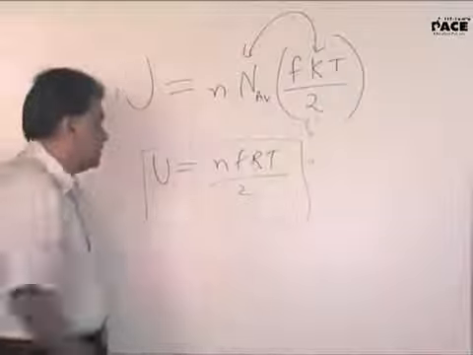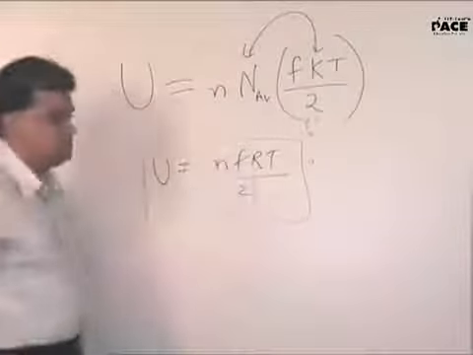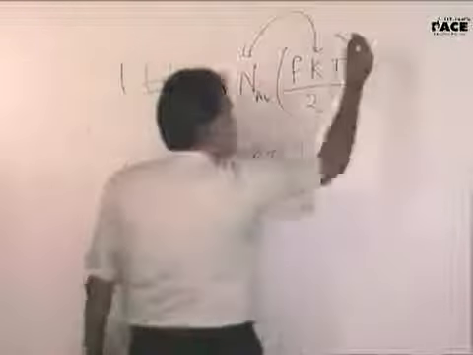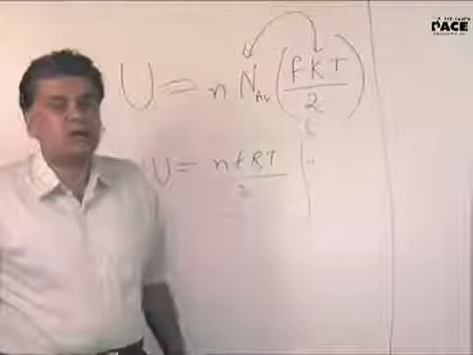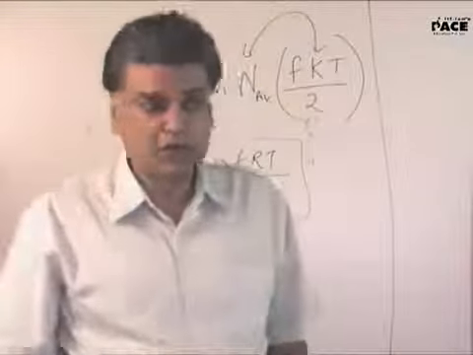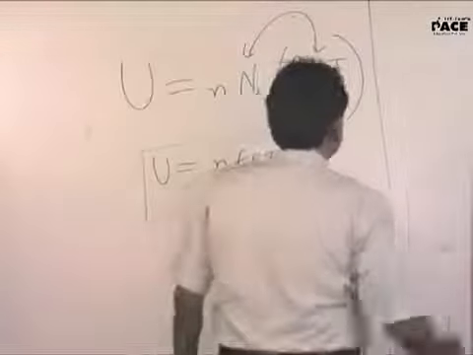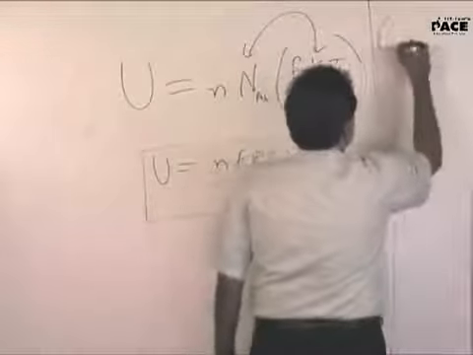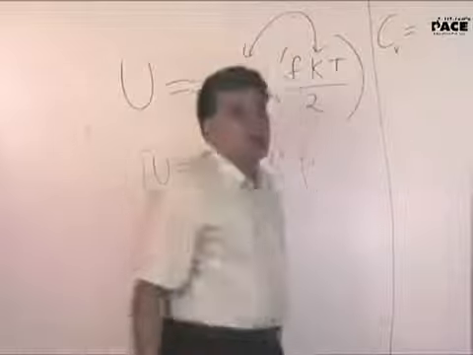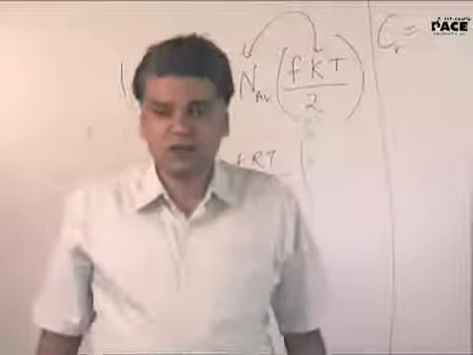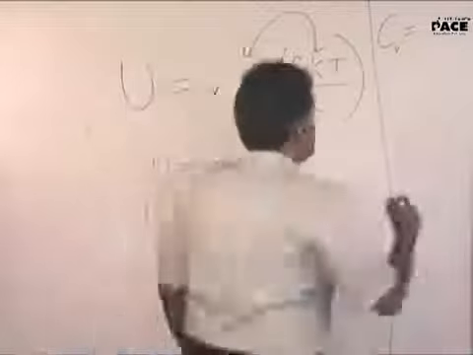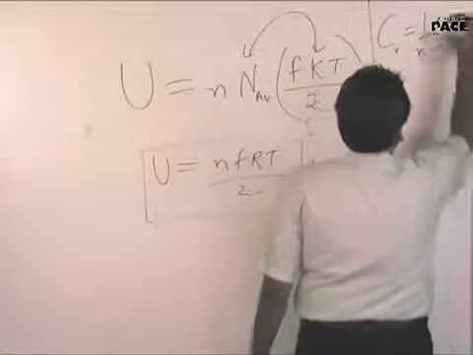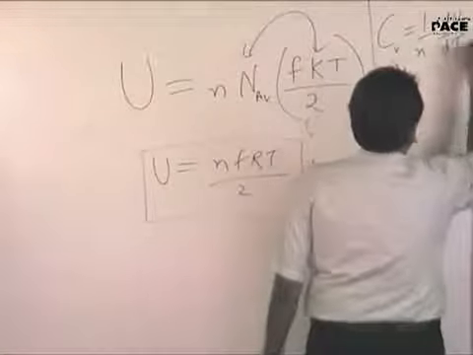Now further, I'll be talking about a few formulae in general now, which I'll derive later. Maybe you have seen it in chemistry. Even if you have not seen, doesn't matter. We define something called Cv, molar specific heat at constant volume. We define this as 1 by n dU by dT.